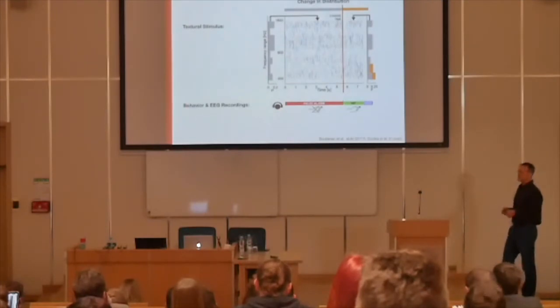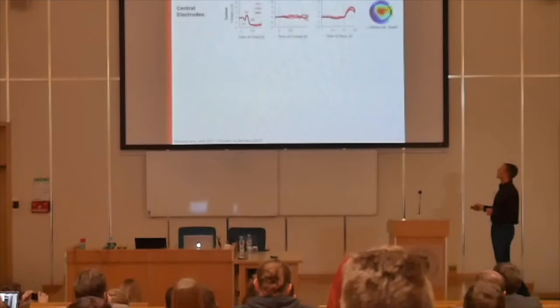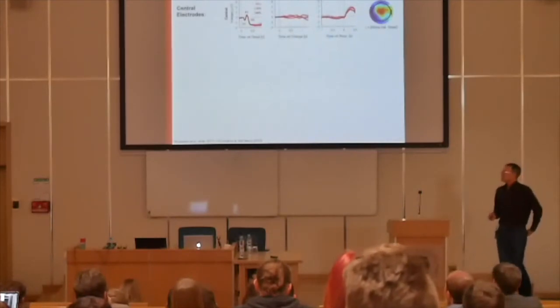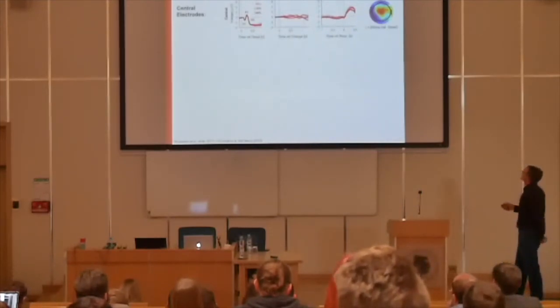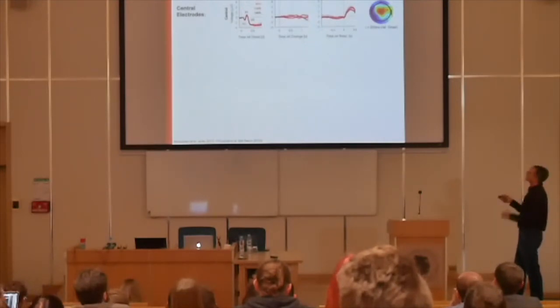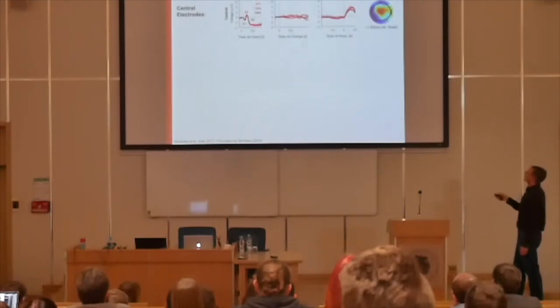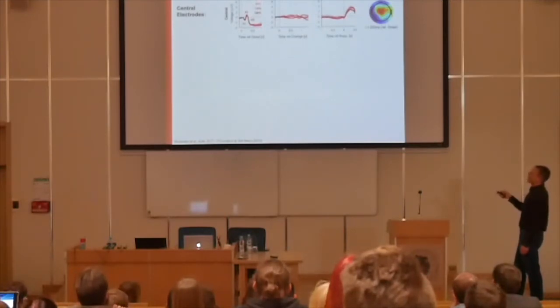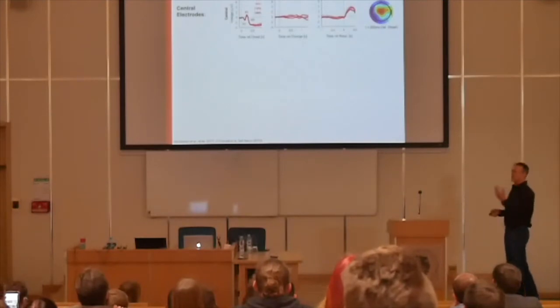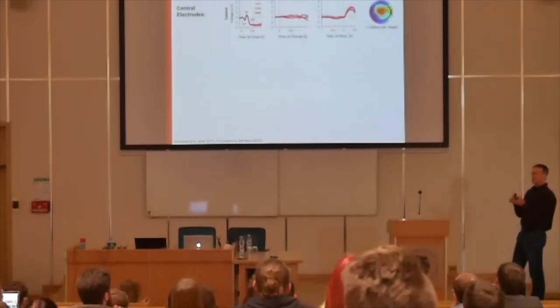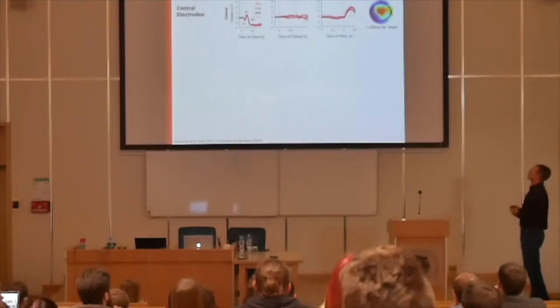At the same time, we were performing EEG recordings over the whole head. So here's some data from the EEG recordings. First of all, let's look at the onset of the stimulus. This is not the textural change, but just the onset of the stimulus. As you would expect, in the central electrodes, around here, you find a clear N1P2 complex, with then what's also typical, often a sustained negativity. And you can see that that did not depend on the amount of change that we introduce in these paradigms. The 50%, 80% just means how much you change the probability distribution.